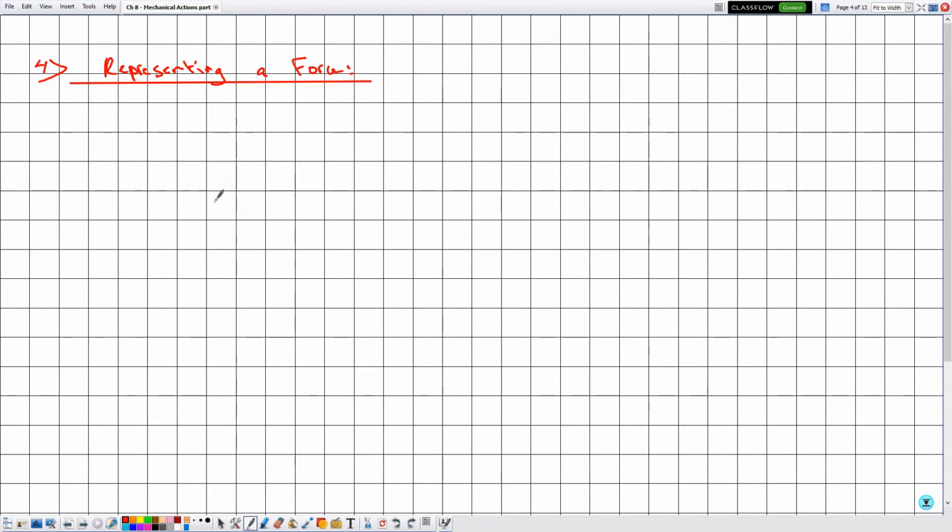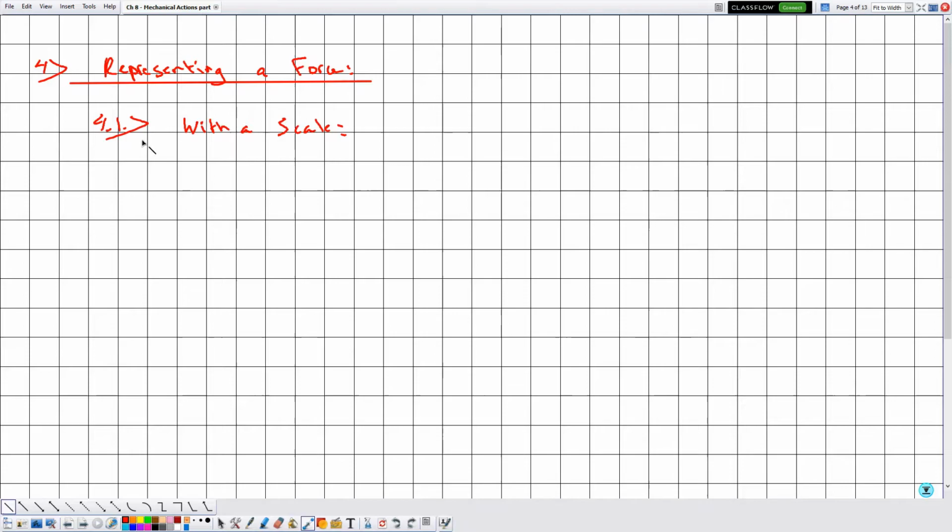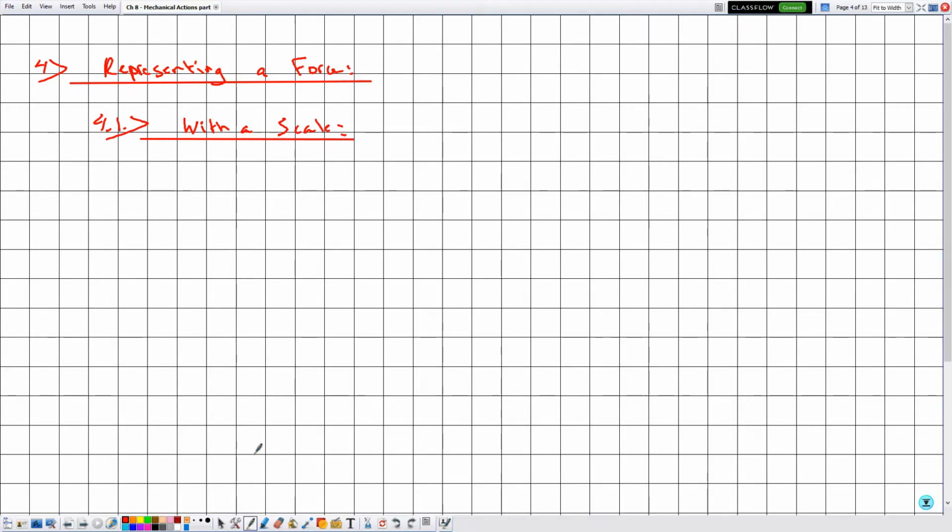We have the first choice that is given by with a scale. And here let's recall from grade 8 that represent means that we need to draw. Whenever we say represent a force, this means that we are drawing a force. Then the force F, which is given by the mathematical definition, the vector, is represented by a vector